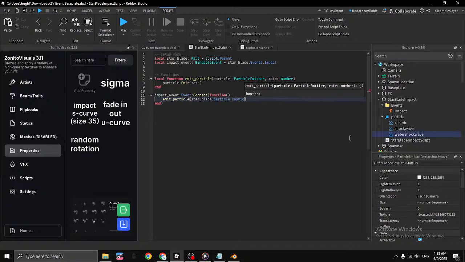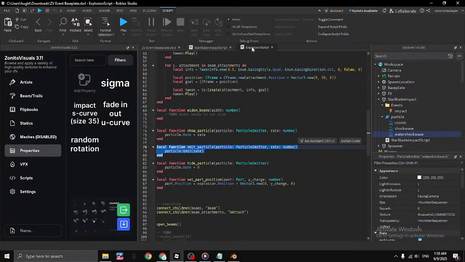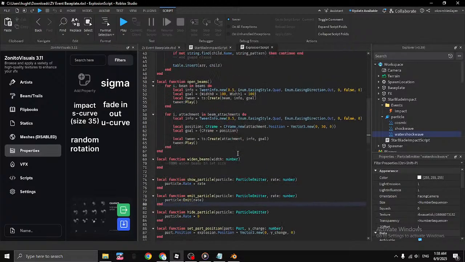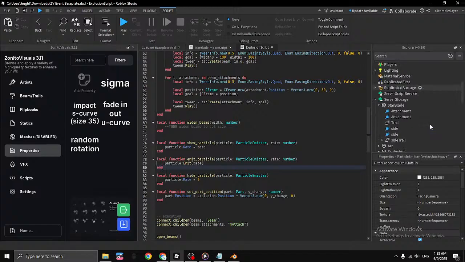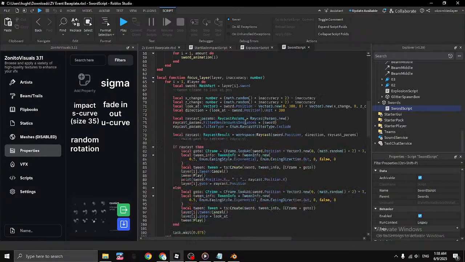cosmic, and we're gonna go ahead and do that twice. Copy this, paste it twice, and then we're gonna do it on shockwave and water shockwave as well. And let's go ahead and throw that into the star blade script as well. No, in the sword script, which would be down here. So once it hits the ground,